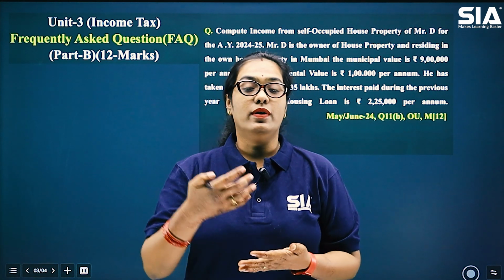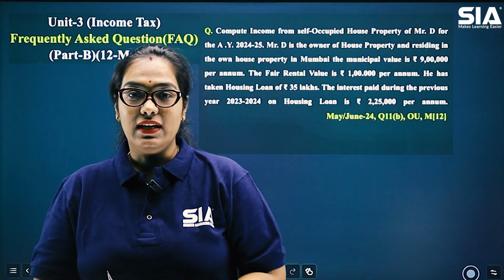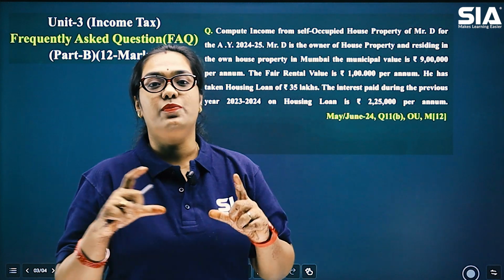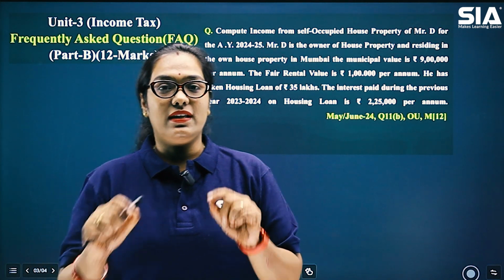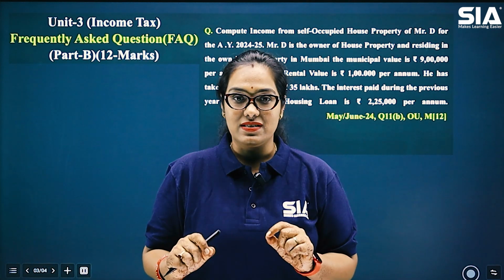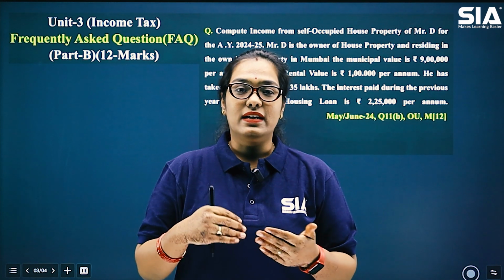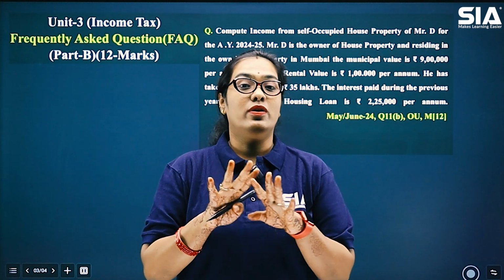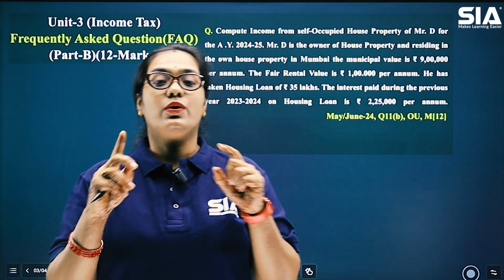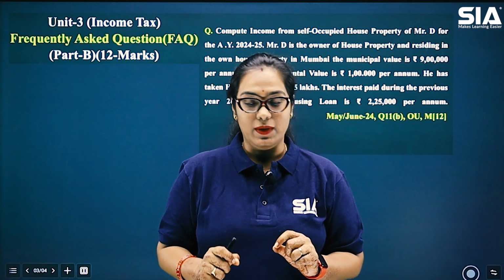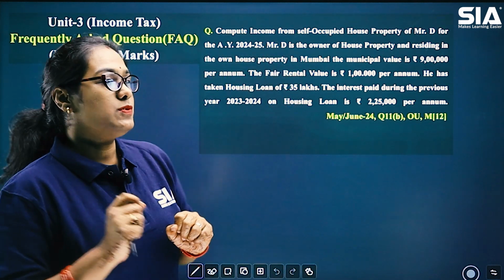Now if you want to get full marks from your unit 3, you can follow the simple problem to do which has a fixed pro forma. In unit 3, there is one pro forma which is fixed. You only have to substitute the values, compare a little, and do a little subtraction. If you are able to do this, let me tell you, you're going to get surely 12 marks from your 11 question. Okay, so let's see how are we going to solve this problem.